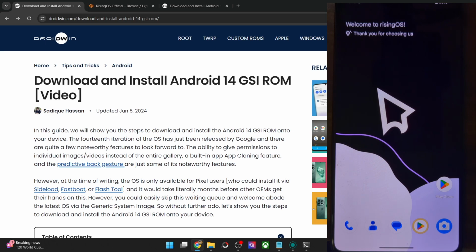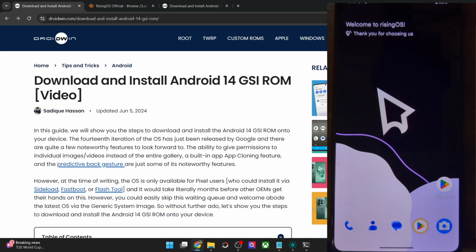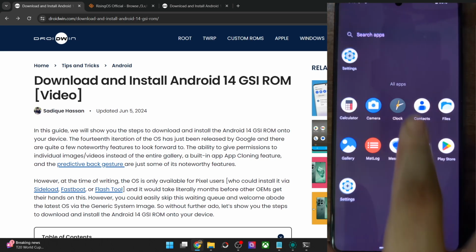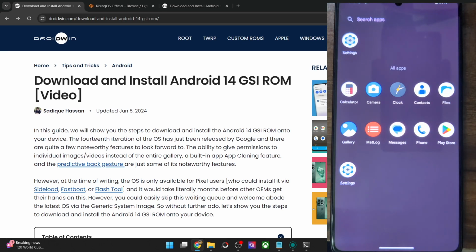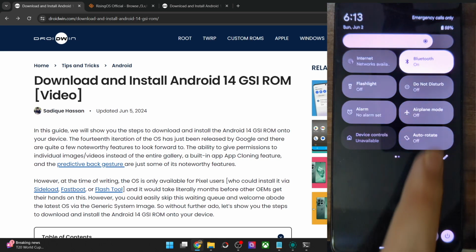Well, the wallpaper somewhat is confusing because half of the icons get merged with the white portion of the wallpaper. You are free to change the wallpaper as you want, but this white section tends to overlap the icons. Apart from that, as you could see, we only have a few Google apps and nothing as such, so that's quite great to see. And this is the QS tiles.